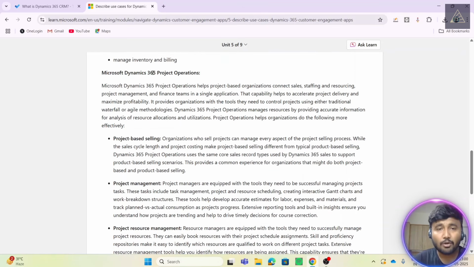Then we have Project Operations. So Project Operations basically helps you to manage the project management cycle, right? It helps project-based organizations connect sales, staffing and resourcing, project management and finance teams in a single application. So you can manage all these different things on a single application, and that capability helps to accelerate project delivery and maximize profitability. It provides organizations with the tools they need to control projects using either traditional waterfall or agile